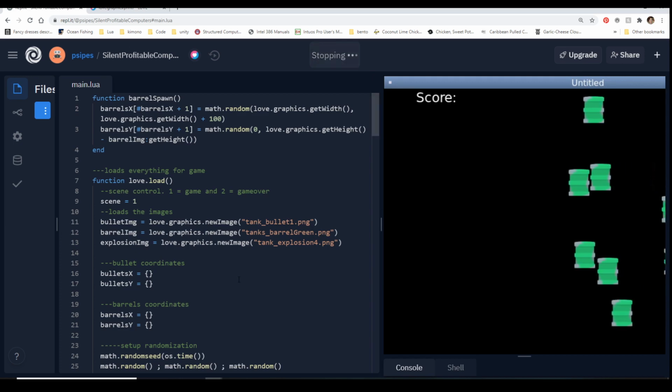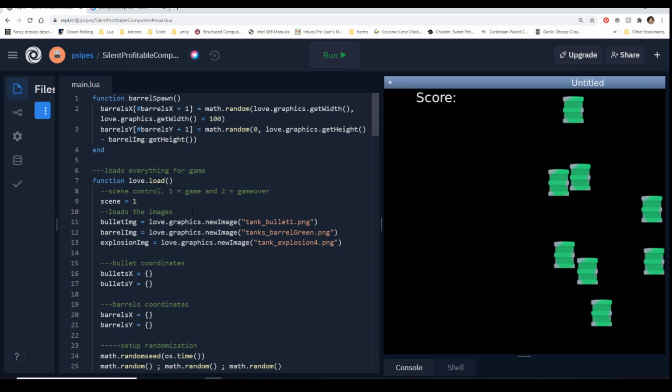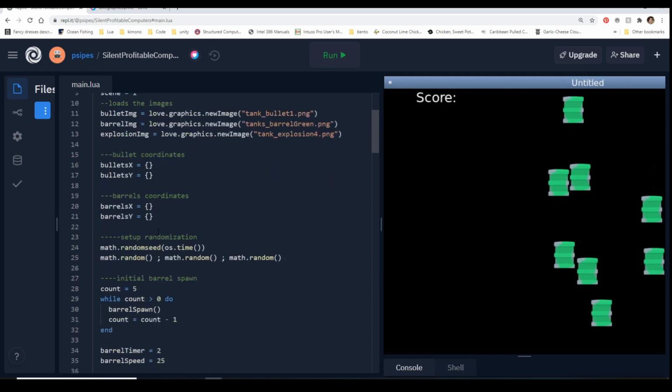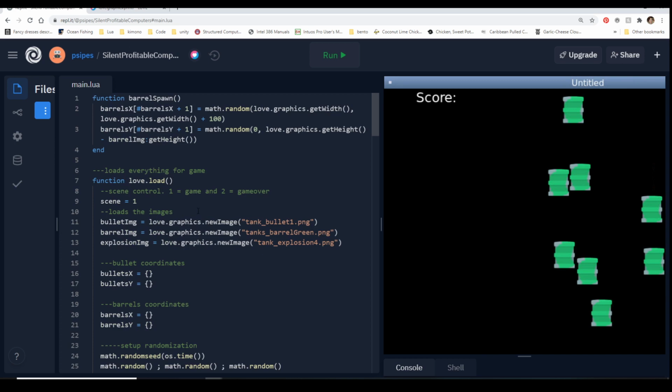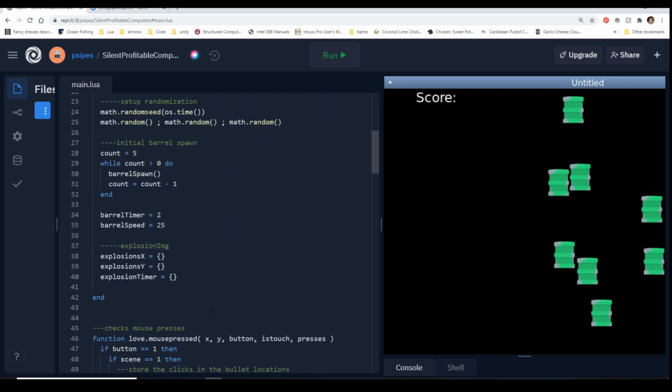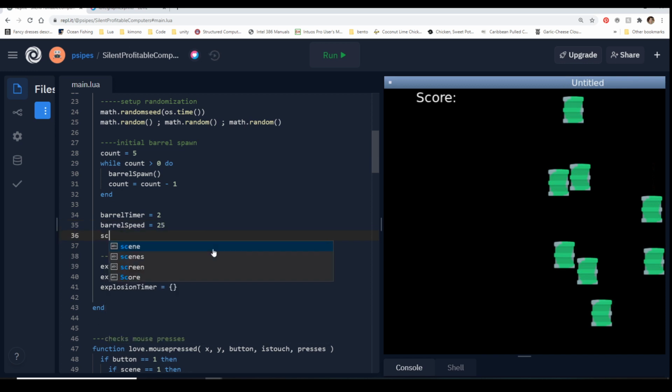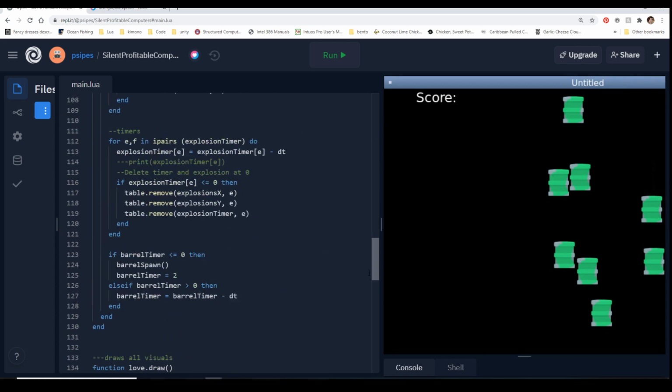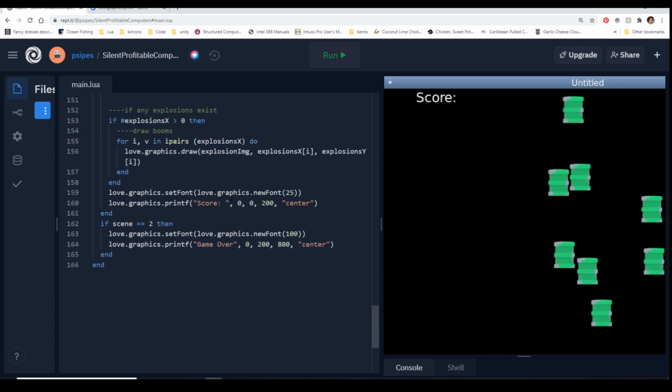That's a word. So now, let's actually add a score in. Inside of load, you can do it at the bottom or wherever, or with the barrels would probably be a good idea. We can say score equals 0, because that's where we want to start it. And down here we want to concatenate it. Concatenation in other languages, you use the plus sign, or a couple of other weird things. Inside of Lua, you use 2 dots.